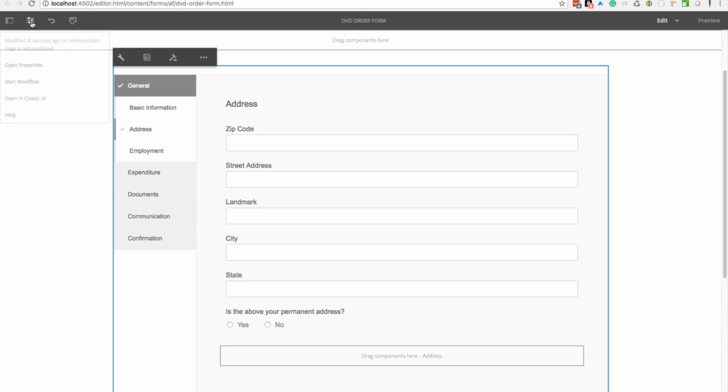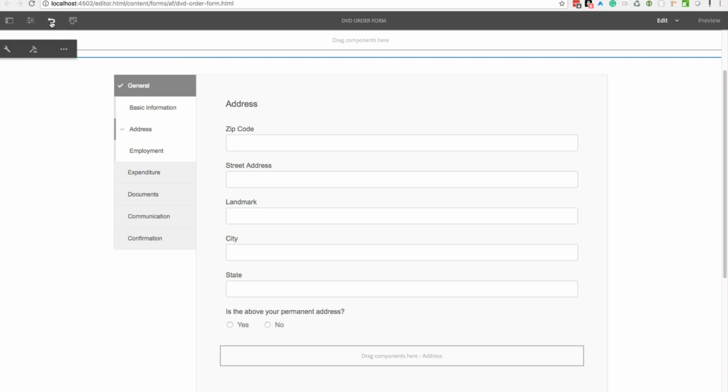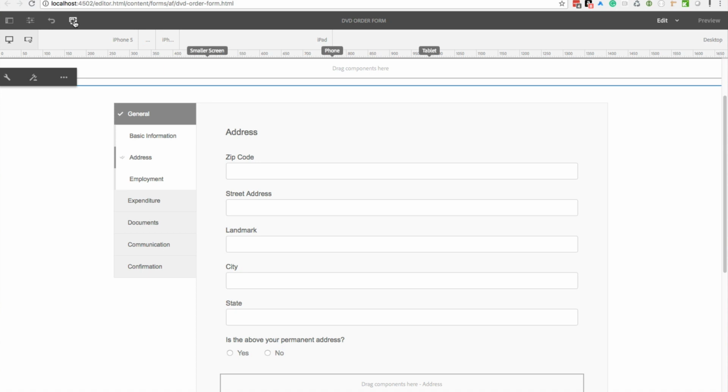The next window over is for page information. This will take you back to the main property screen for the form that we were filling out earlier when we created it. Of course, like everything in AEM, you can start a workflow or open it in Classic UI. This is an undo button. This is the same touch UI